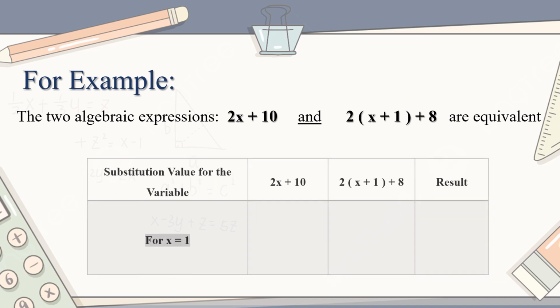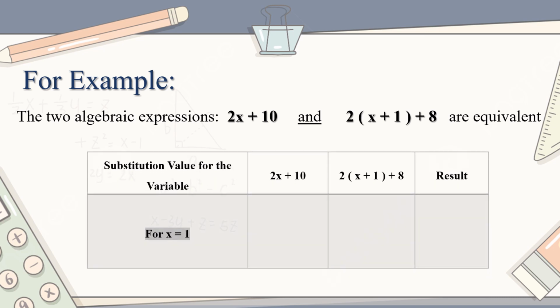Now another value, x equals 1. Now we have 2 times 1 plus 10. First step, multiplying: 2 times 1 equals 2, plus 10. 2 plus 10 equals 12. And